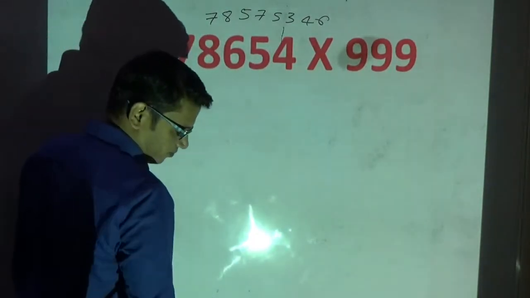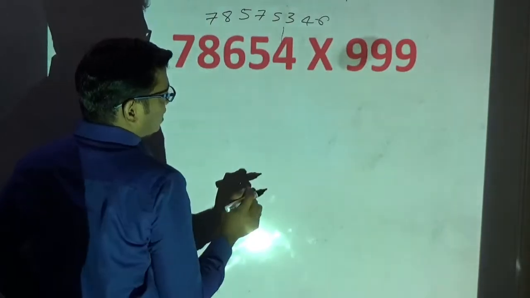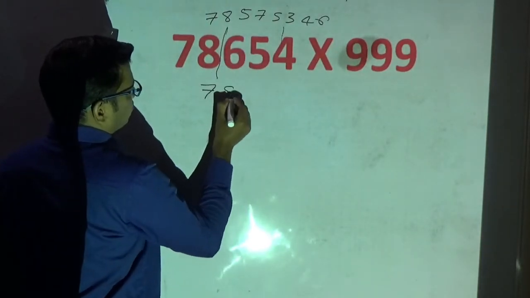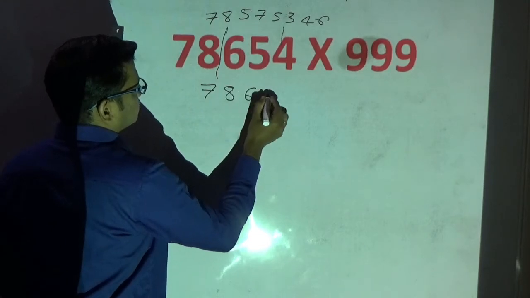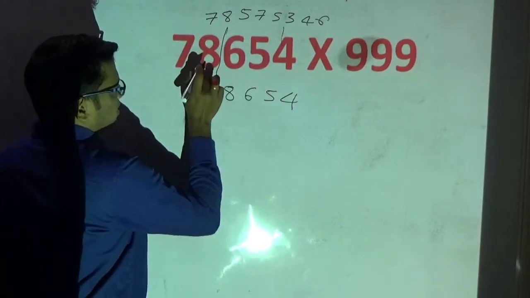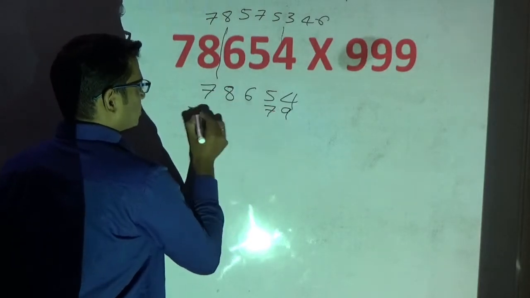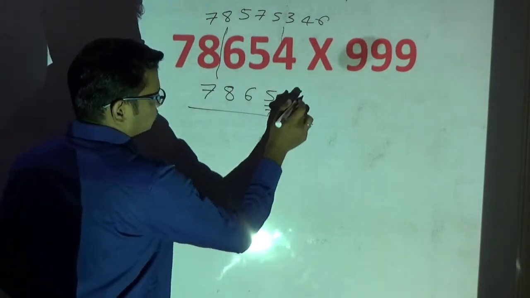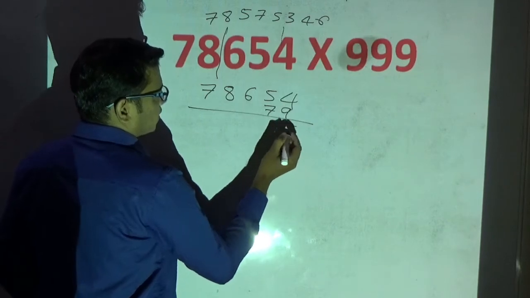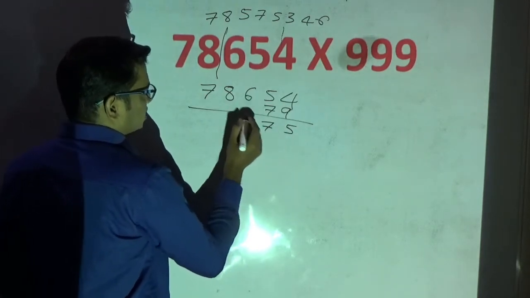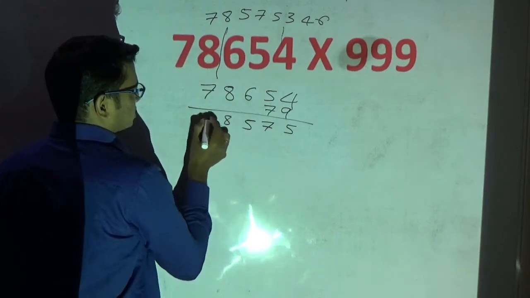correct or not. Now, how many 9s are there? 3 9s. So you split 3 digits. First you write all the digits as it is. Now you have to increase this one by 1. So 78 will become 79. First you subtract. Okay, this is what? 14. 14 minus 9 is 5. Okay, now here I have taken the power of 14. So 14 minus 9, this is 7, this will be 5, this is 8, this is 7.